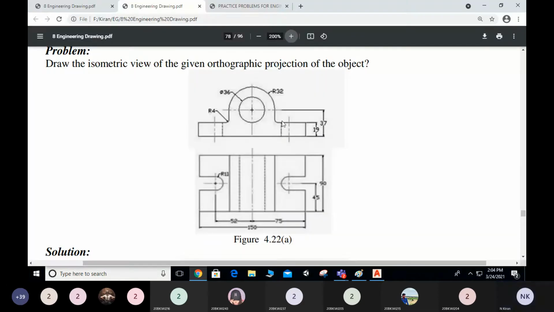Whatever the bottom is there, I have drawn, and from the midpoint I have to draw a circular shape, as we have drawn previously for the cone. A circle will come in the ellipse shape, and what are the diameters we have? The inner circle is 36 and the outer one is 32, that means 64. So we have to take a square box, 32 by 64 by 64.